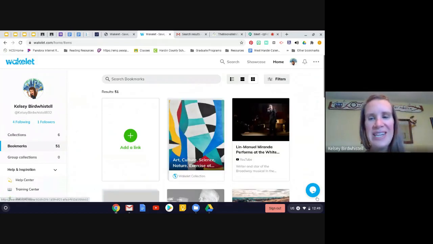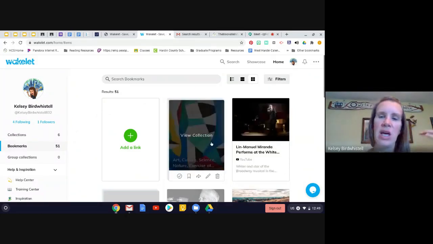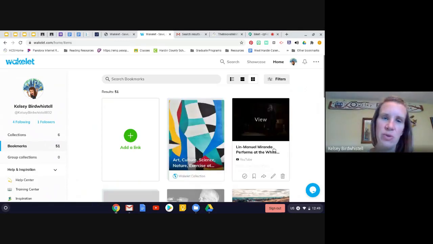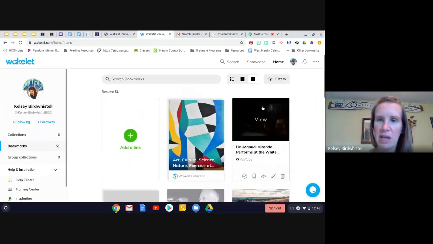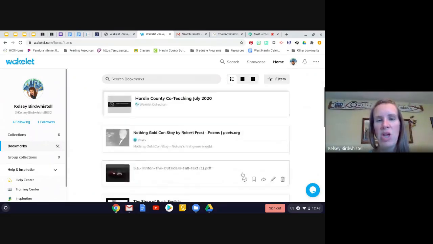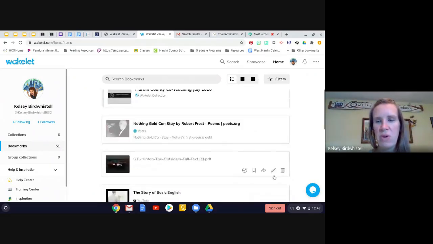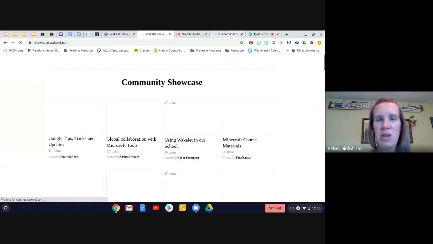So in addition to saving each of the pages or resources that you link, it'll actually throw your collections in here too. And again, if this is too clunky of a format, you can also see up here that you can change it to where it's a little bit more streamlined if you like. Your choice. You can also choose whether or not you keep these things here or how you group them. Woohoo! Pretty exciting. All right, I'm going to come back to the window over here.